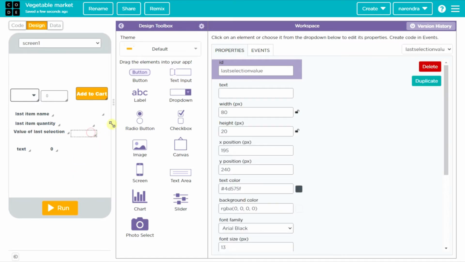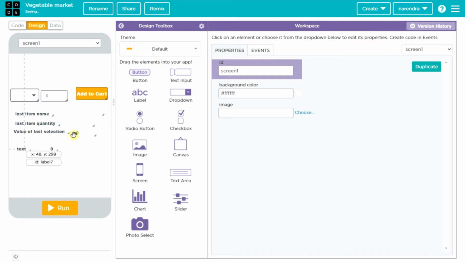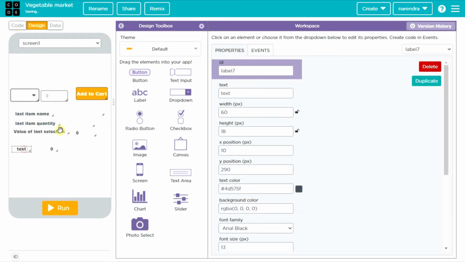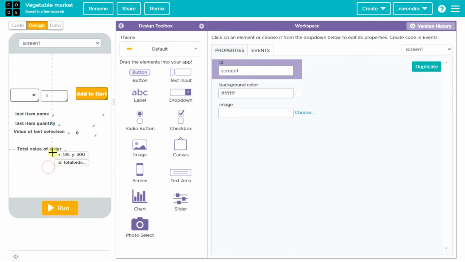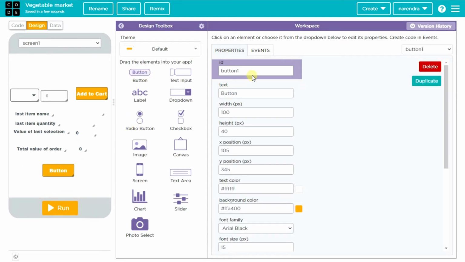This also make it as 0. So the value of current selection is 0 in the beginning, and the value of total selection so far is 0 in the beginning. Adjust these items, and we need one button to place the order, to complete our order. Make this as place order button, displayed as place order.